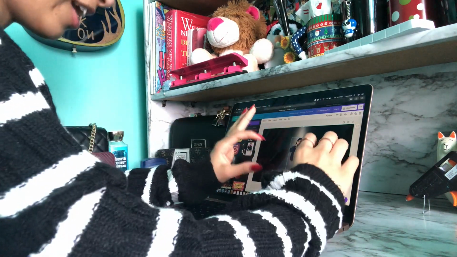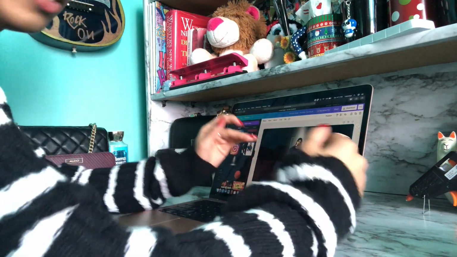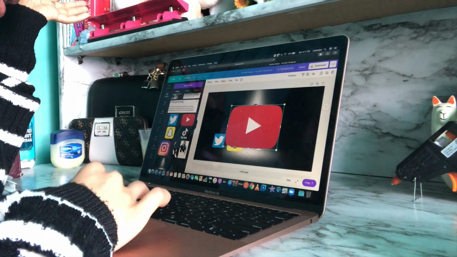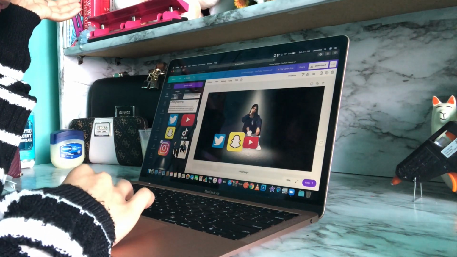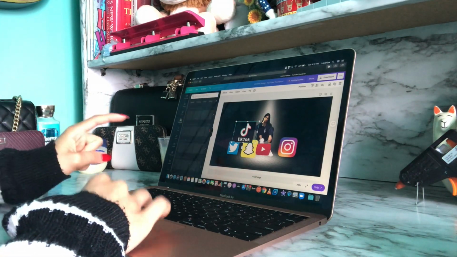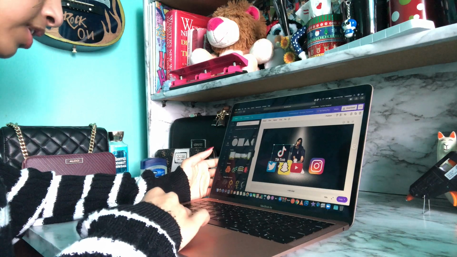And so to sit on, I wanted all of the logos of social media apps to be lined up under me. So I found each of them separately on Google and I saved them to download. And so then what you want to do is bring them down here. And now Canva has this thing where you can put a picture in a frame. So if you go to elements and you scroll down, there's frames over here. So I wanted to use the square one.